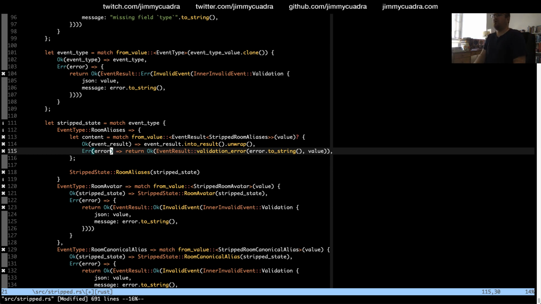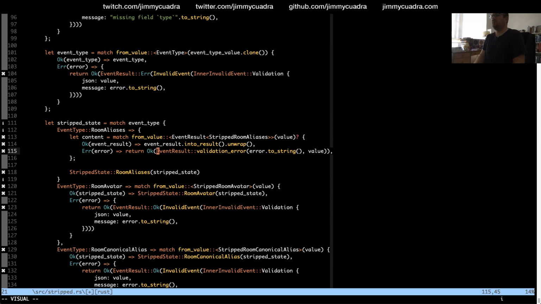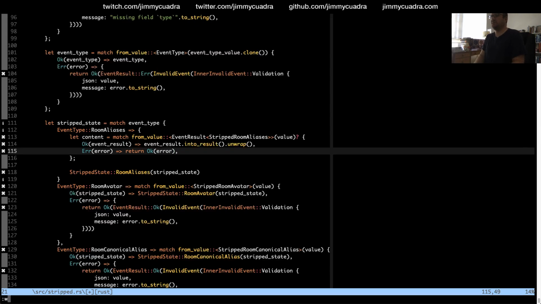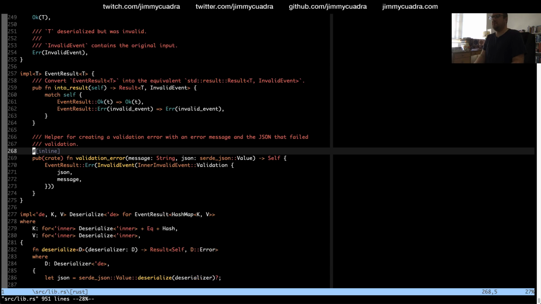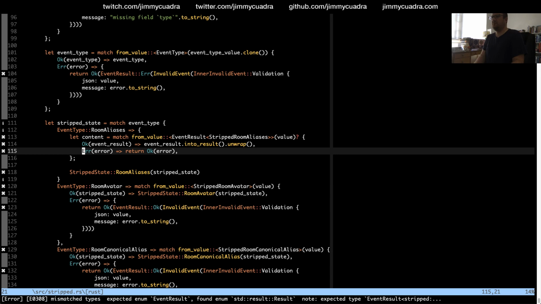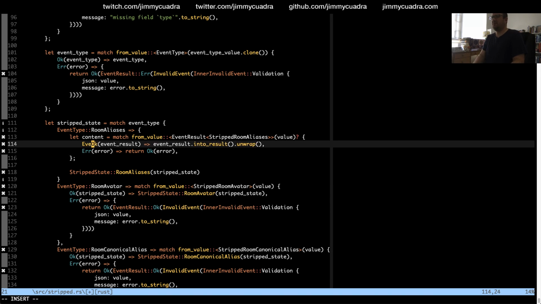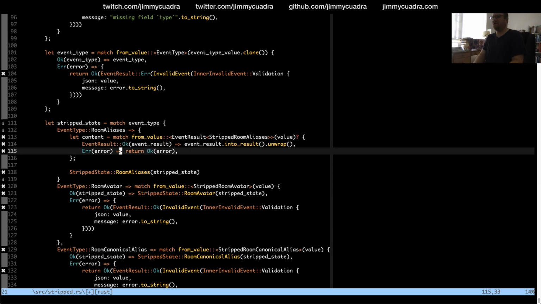I feel like we could already return the error just as is, because it's already an event result error. Oh, and this is actually event result because we're matching on the actual event result itself, not the standard library result.